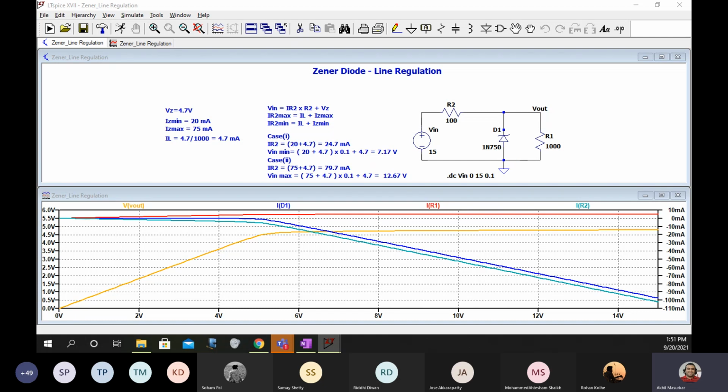So everybody is getting this much. Just check your graphs.